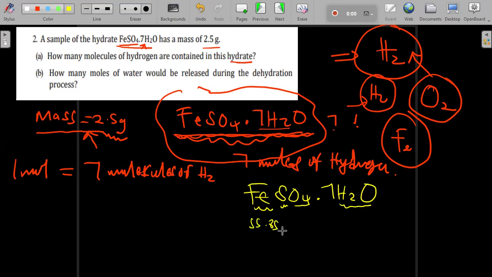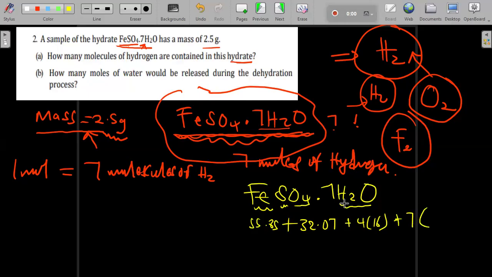You get this value from the periodic table, guys, plus the molar mass of sulfur, which is 32.07 if you round it off to 2 decimal places, plus 4 multiplied by the molar mass of oxygen plus